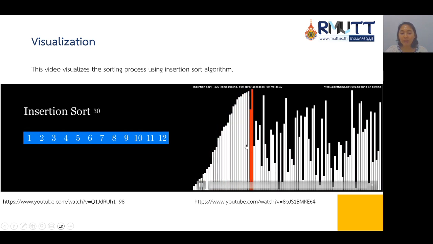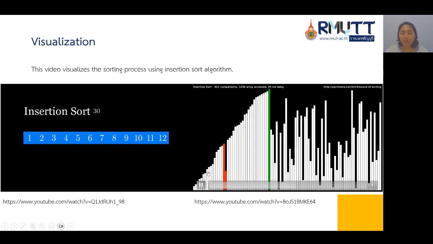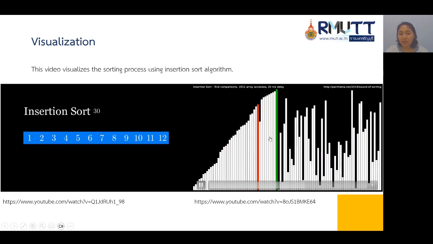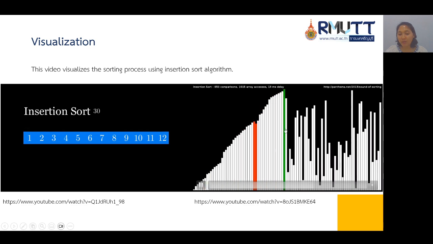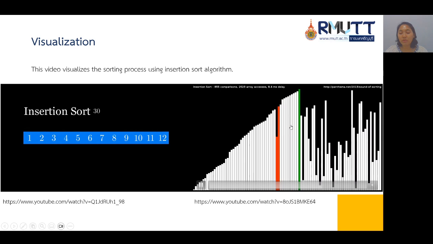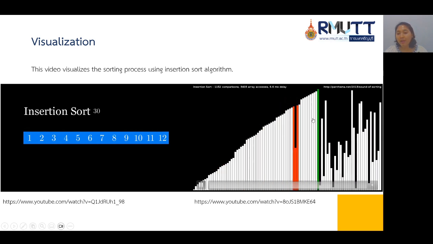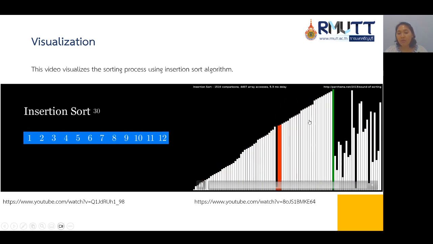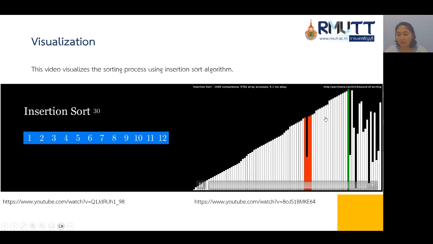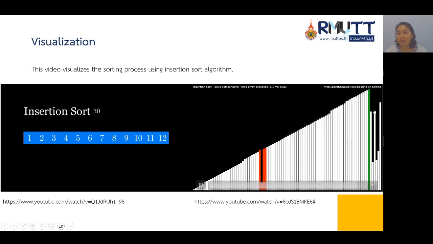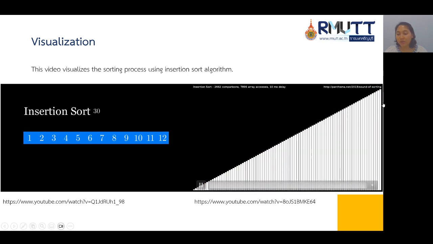And then after finding the right position, the new data will stop and then we take the new one on the right side, the unsorted data. And after that, we cycle like before until the sorting is done.